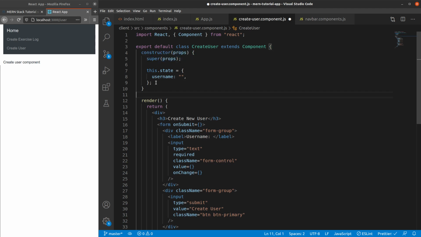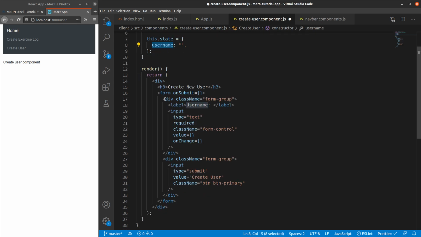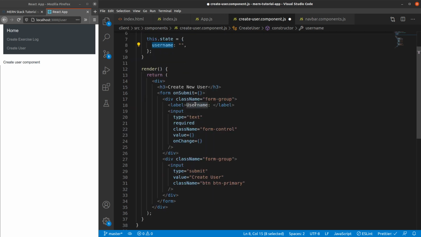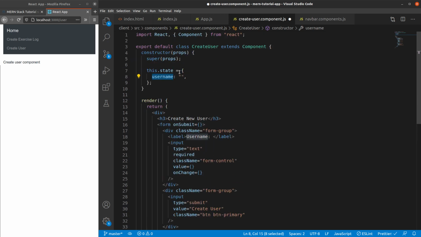Okay, and then we created a state for this particular component which has a username stored in it. Okay, and this username is nothing but whatever will be typed in the input column. Also if you make any changes to this particular value or in the form, this should keep getting updated and handle all the changes and all. Okay, so we are done with this.